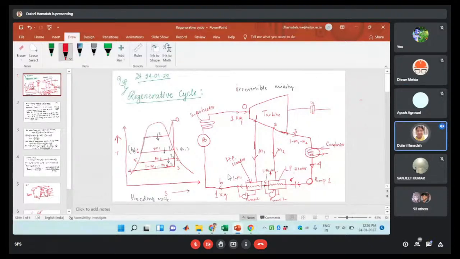ये देखिए, कंडेंसेट यहाँ पे हमने यूज किया हीटर में, तो ये आपका हीट एक्सचेंज करके ये पॉइंट को हम कंसिडर कर रहे हैं, है ना। यहाँ से पंप होके इस 5 पॉइंट को कंसिडर कर रहे हैं। मैम, 2 से जो आ रहा है उसका हीट हम जो पंप 1 से आ रहा है उसको देंगे? हाँ, तो 2 से जो आ रहा है, फिर हम ये पॉइंट को